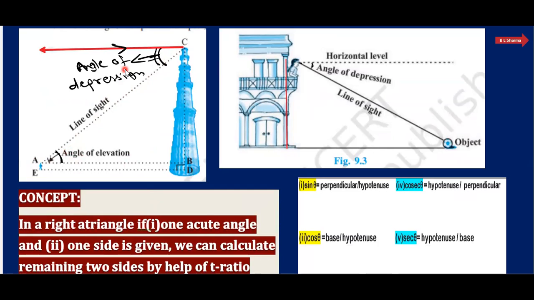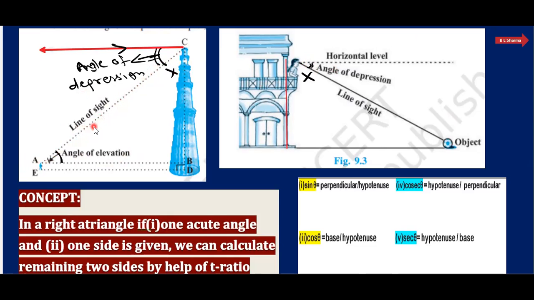But when we say angle of elevation, it means we have to look with our head upward. The point which we are observing is above our head, from bottom to top. Angle of depression is from top to bottom. See here, this is the angle of depression. This is not the angle of depression, right? And this line, along which we are looking, is said to be